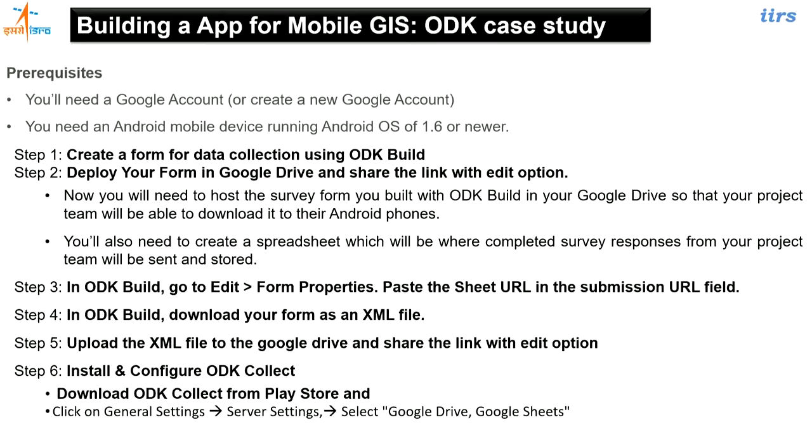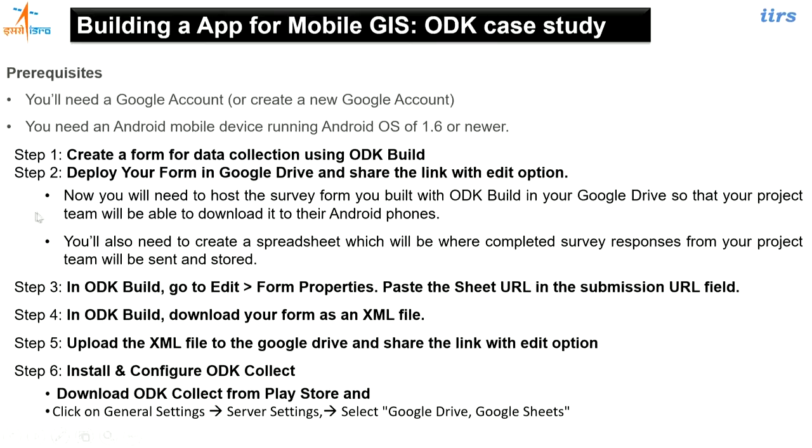Once your server settings are implemented in all the phones, they can connect to your server and get the blank form in their mobile. Once the blank form is in their mobile, they can collect the data and send the filled data back to the server itself. Now in the server, data will come from n number of users. So n number of data will be collected in the cloud or in the data center, that you can analyze and use. You can do any kind of GIS analysis on top of that data.